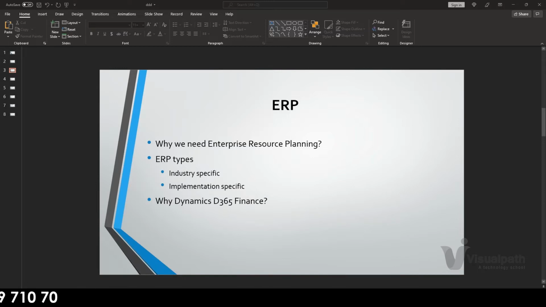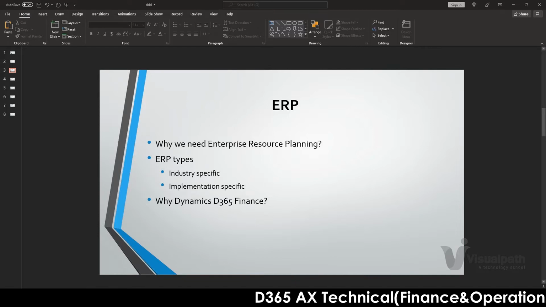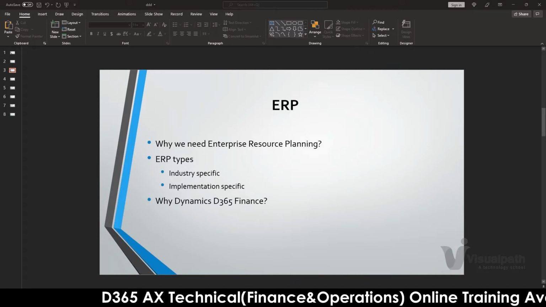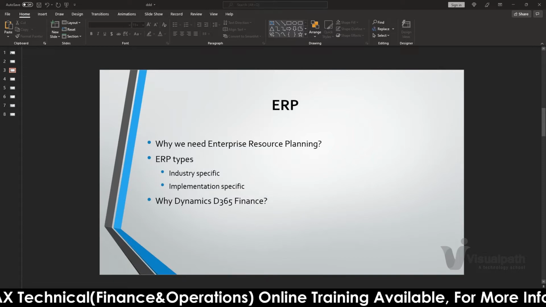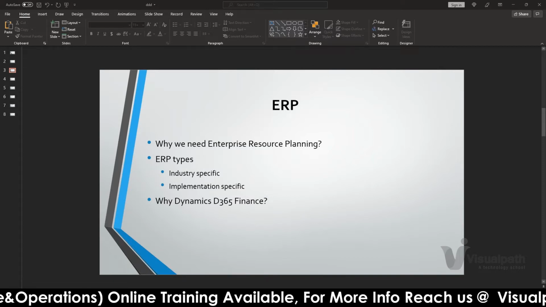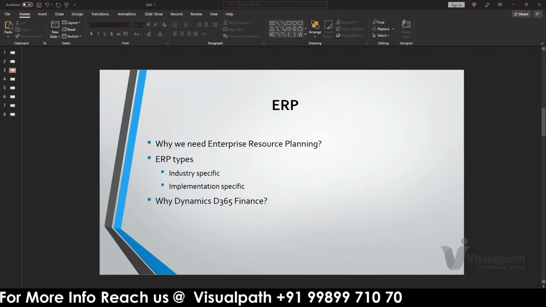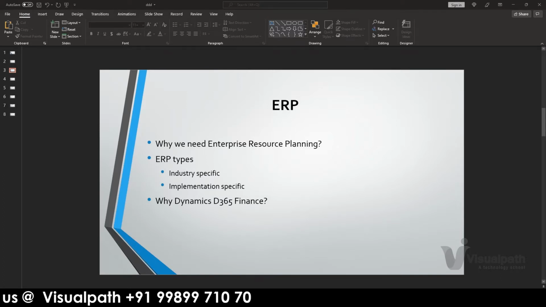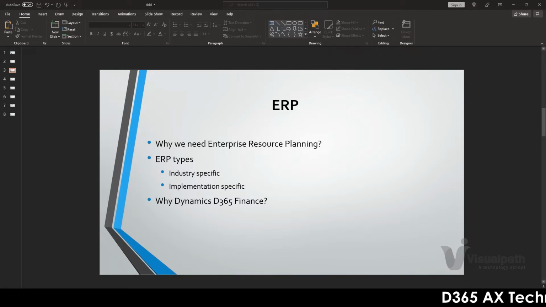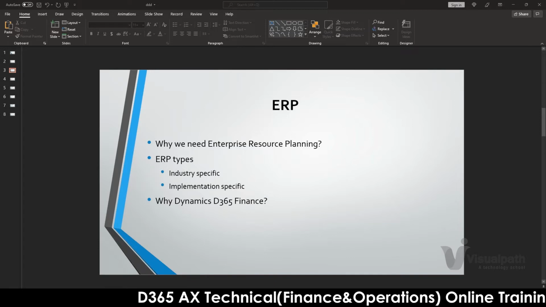Dynamics 365. And the other advantages we have are that we'll be using Visual Studio for programming, which has the Dynamics 365 DLL attached for X++ programming. The database behind the ERP is SQL, and most of us are already familiar with these tools.